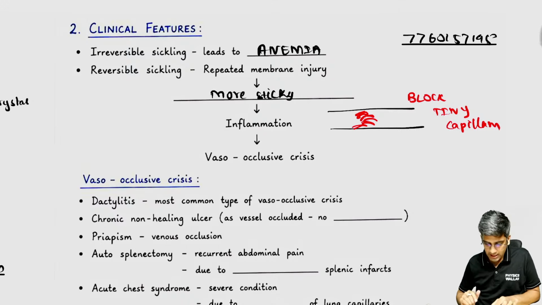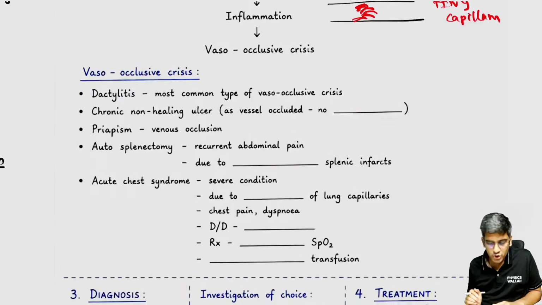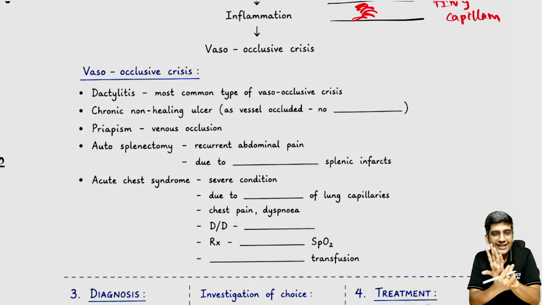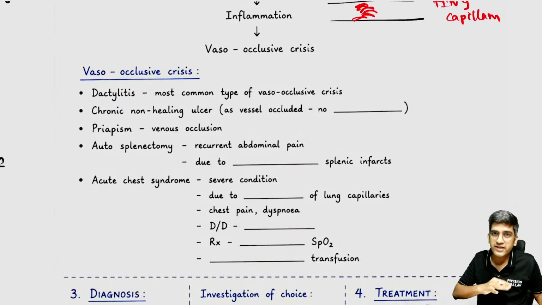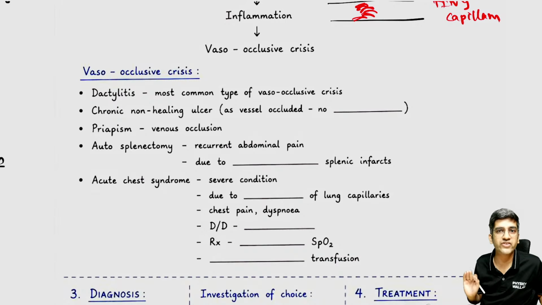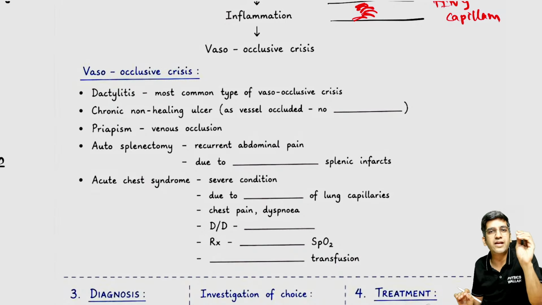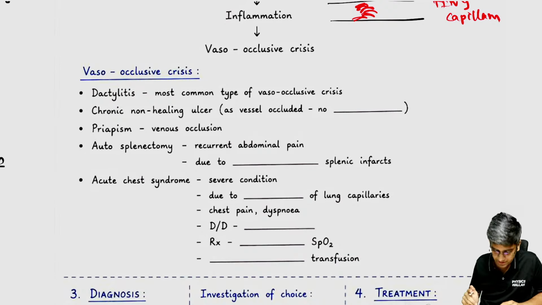Fine. Okay. So you'll have vaso-occlusive crisis, right? The most common vaso-occlusive crisis is dactylitis. Please remember, if you have a patient in India, in Gujarat, Bihar, Northeast, Orissa, Kolkata, these are very, very common belts for sickle. Digit pain, think of sickle cell anemia, vaso-occlusive crisis, because that's the most common presentation, right?